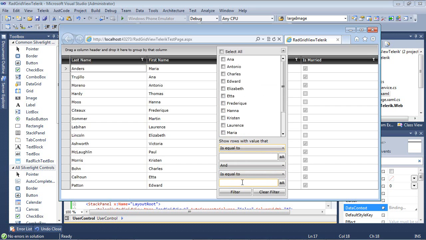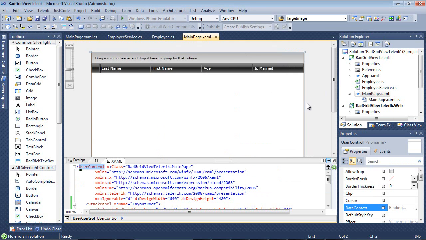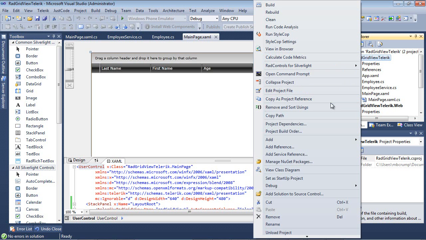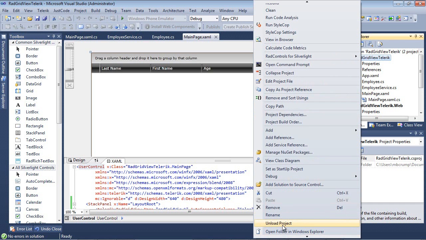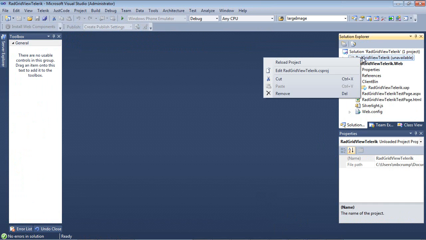Let's go ahead and switch this to the Spanish language. So I'm going to close out of this, and close out of Internet Explorer. The first thing that I will need to do here is go to my RadGridView Telerik project, and I'm going to need to unload the project. Once I unload the project, I can right click on it and I can edit the